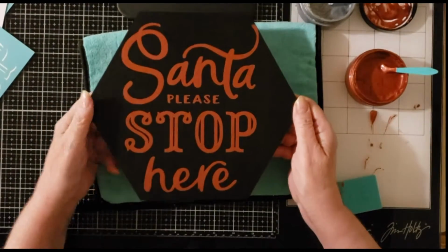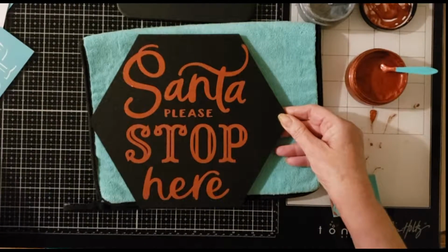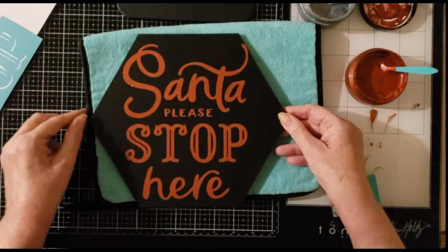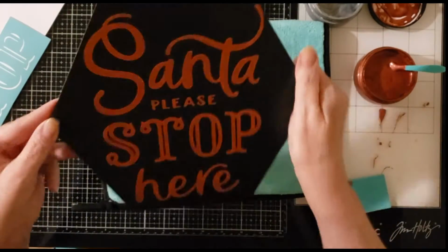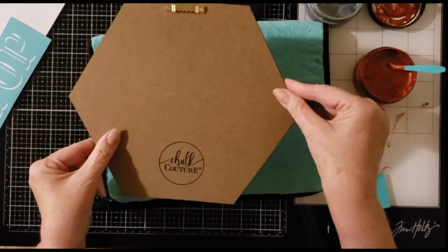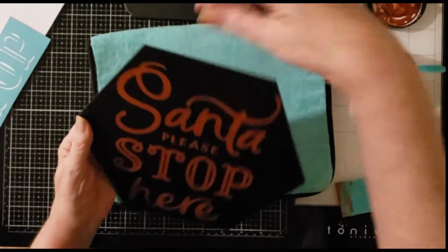Let me show you our hex boards. These are 10-inch hex boards. This was a size B transfer, which generally fits on like a 9x12. This is a little bit smaller because it's the 10-inch, but it fit well on here. And the back of our board actually comes with a sawtooth hanger. The only thing you need to do is make sure that hanger is at the top of your project